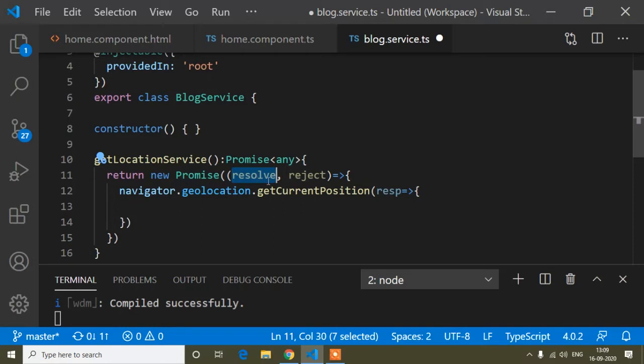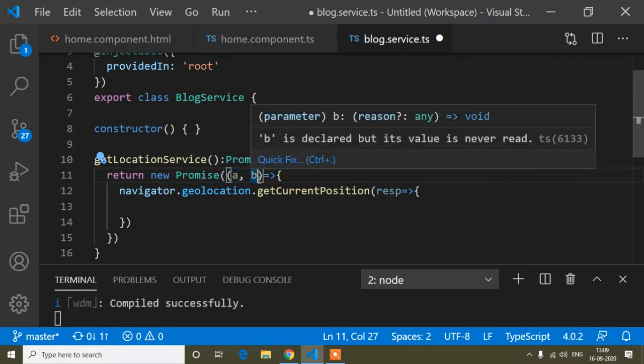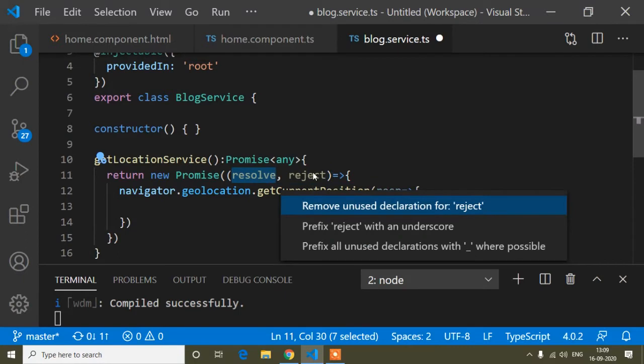Instead of resolve you can write a and b also as per your choice, but whichever parameter you pass first denotes resolve, and the second denotes reject. So the first parameter denotes result and the second one denotes reject. To understand it in a better way, I pass the first parameter as resolve and the second as reject.